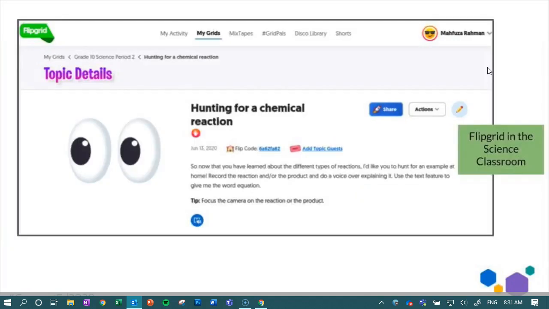So one of the challenges of delivering our classes, especially when we have courses with a hands-on component, is to figure out how we recreate it in an authentic way. I know one of the reasons some of my students look forward to science is that there's a hands-on component to the course. So in addition to the theory, how do I get them to do something, and how do I see them do the science at home?